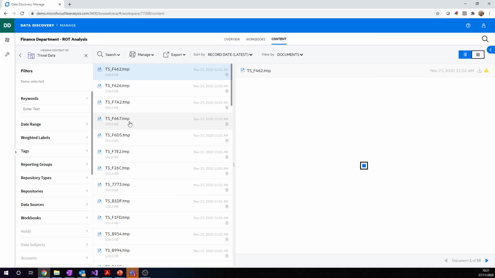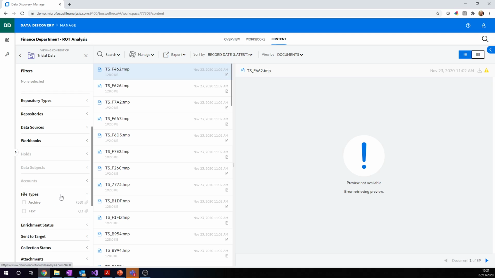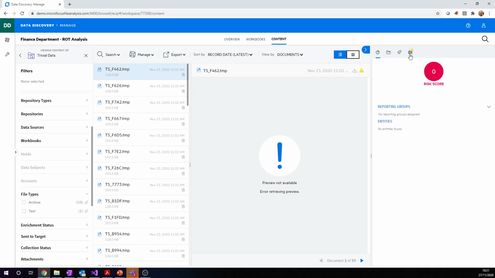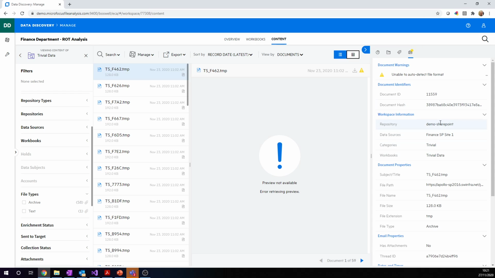Oh yeah, so these all look like temp files. I can see a breakdown of all the file types here. Most of them are archive types. Okay, so I can just review each of the types. If I want to look at the metadata or any of the information about the location of these things,